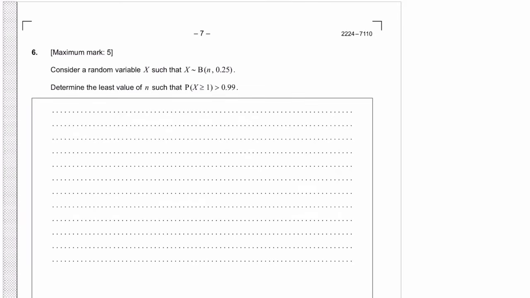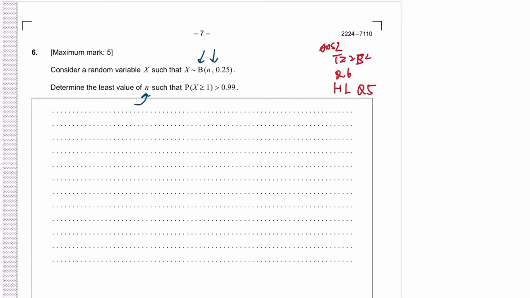Okay, this is 2024 ASL Thompson 2 paper 2 question 6, which is also SL question 5. I guess this question deserves its own video. So you're given a binomial distribution where the unknown is actually the number of trials, and you're supposed to find